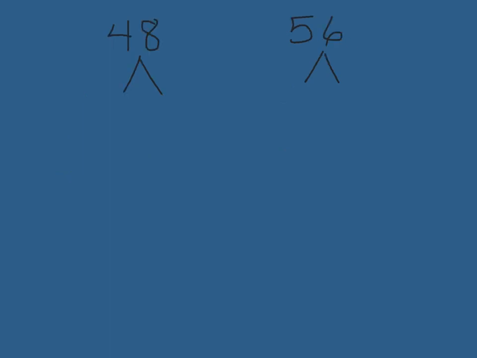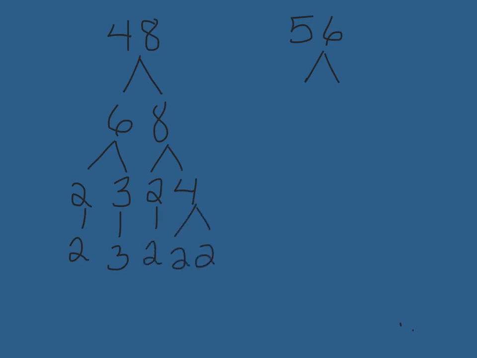Okay, so for 48 and 56, I'm going to start off with my 48, and 6 times 8 equals 48. So now I need to break down each of those. My 6 would be 2 times 3, and my 8 is 2 times 4. This one is prime, this is prime, this is prime, and I need to break down my 4 into 2 times 2. So now I'm going to rewrite that in order at the bottom. 2 times 2 times 2 times 2 times 3, so that way I can compare it when I'm done with